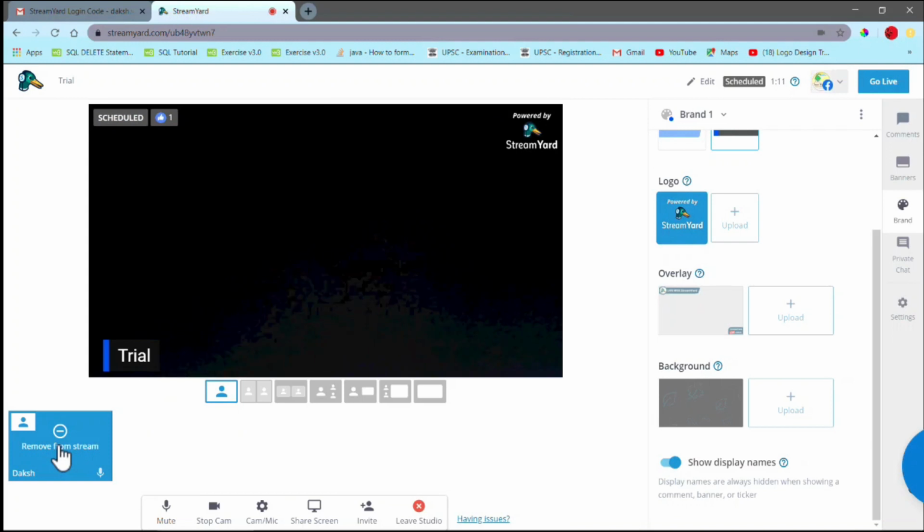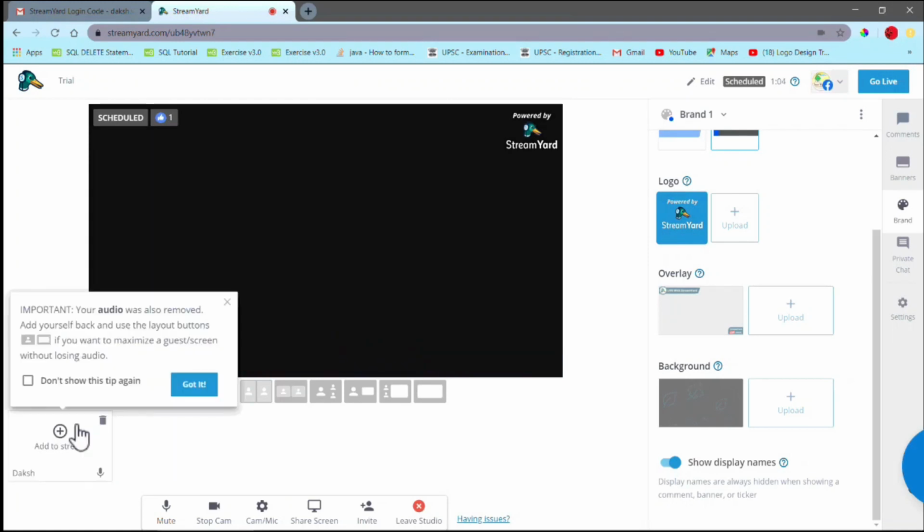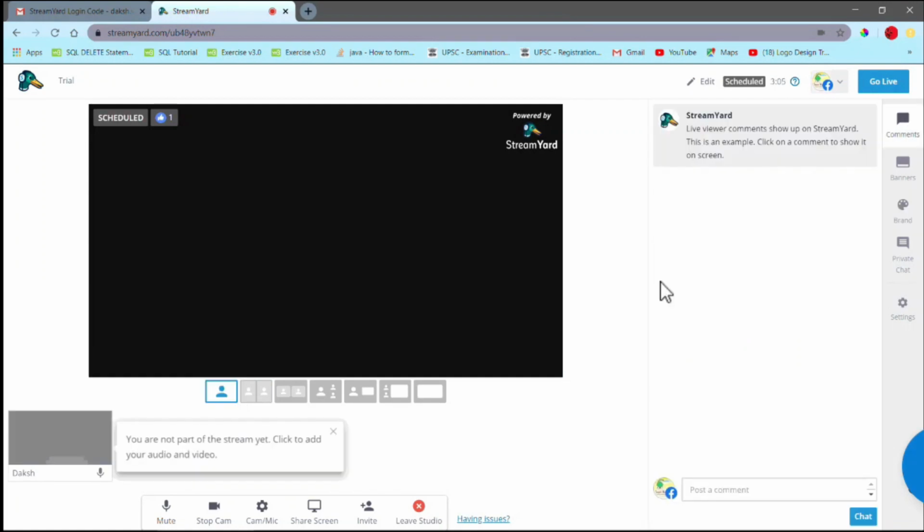You need to click on your photo to bring you to the front stage so that people can see you. In the same way, you can also remove yourself from the stream and add someone else to the spotlight. One important thing that I'm going to tell you is you can invite up to 10 people in this, but you can only bring 6 people at a time on the screen.